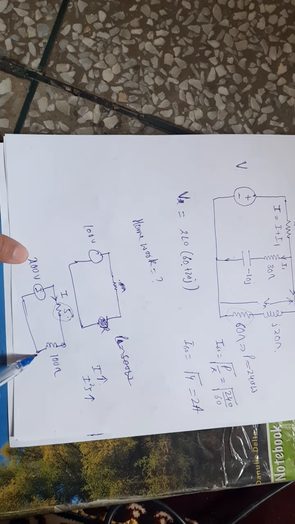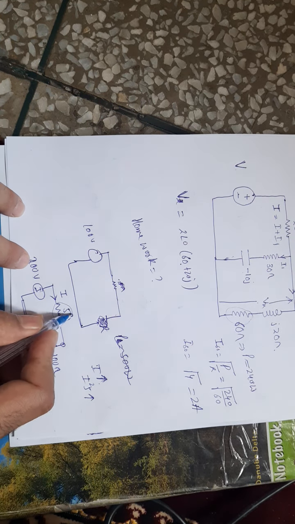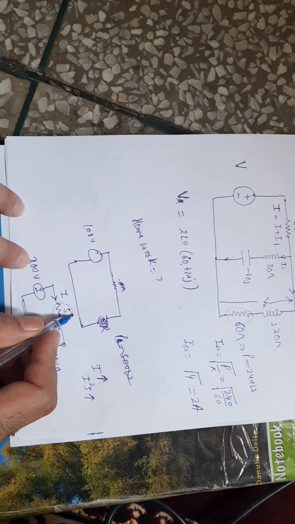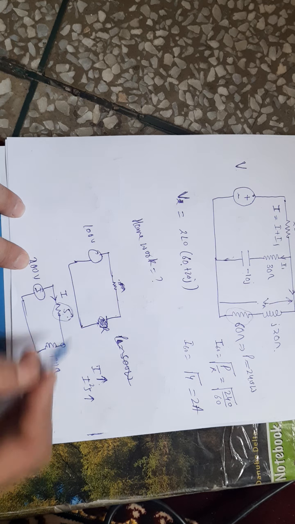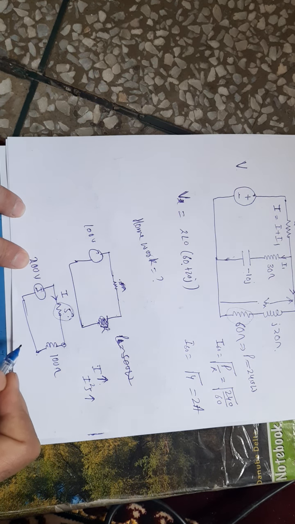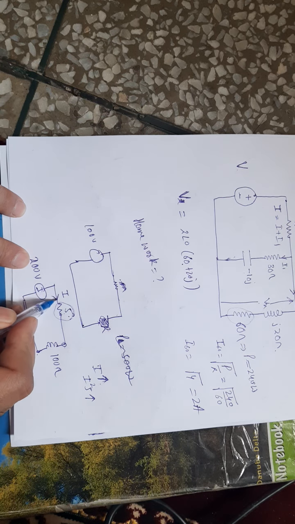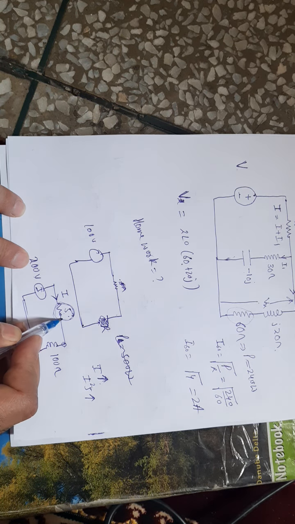Okay, so what is happening? My aim is that maximum power should transfer to this load. So I am saying if my current increases, the loss in this resistor will also increase. If the loss in this I square R, that is the loss in the line, increases, less power will be transferred to the load. So my aim is, if the current is small, the power dissipation in this circuit is small.